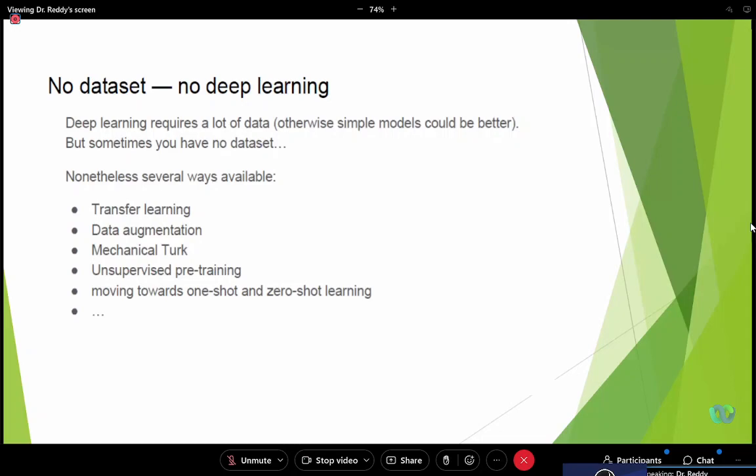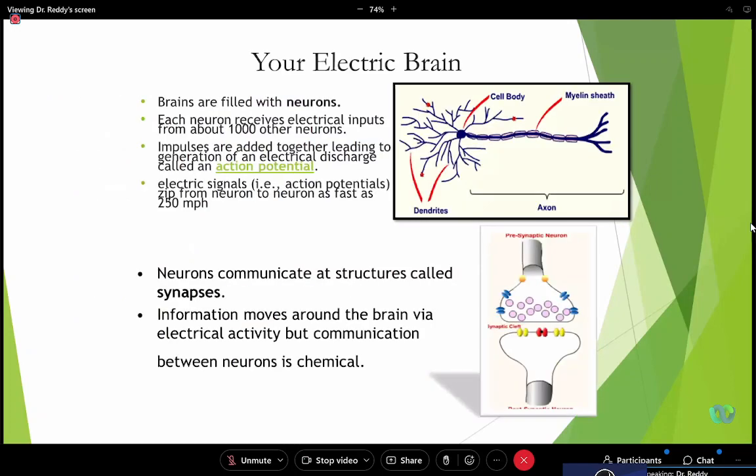Similarly, there are plenty of other models in machine learning: transfer learning, data augmentation, unsupervised pre-trained models, semi-supervised, and one-shot, zero-shot learning problems. Plenty of other models exist. It depends on how we choose them according to the type of problem you're investigating and the type of data available. It's very, very important. Now, conventional neural networks, the electrical brain structures and the signal communication.